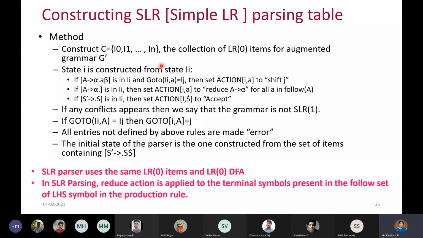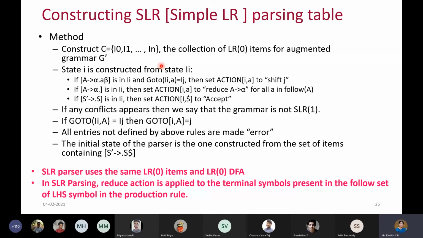But that is not a good way of solving. Maybe we can use a better strategy with some more data, and if you are able to do that, then it will become a stronger algorithm. Therefore, what we do in SLR is we don't just apply the reduce action on all the terminal symbols. Instead, suppose my rule is F gives ID. If it is LR(0), and F gives ID is rule number 5, I am going to apply rule number 5 for all the terminal symbols.